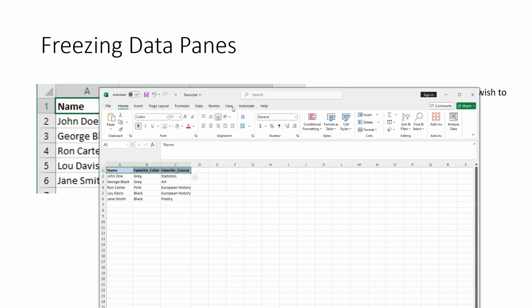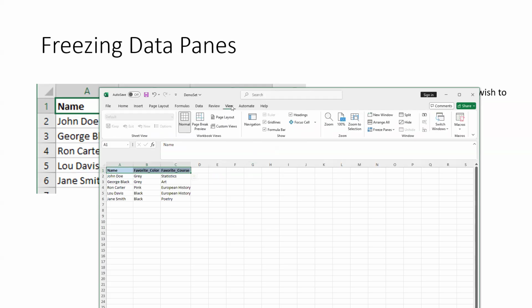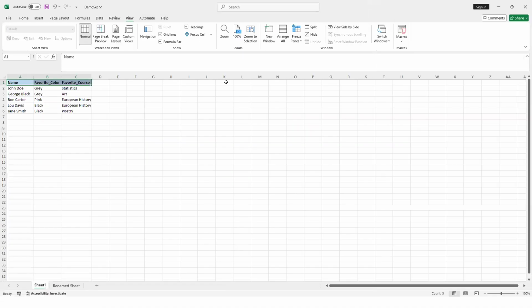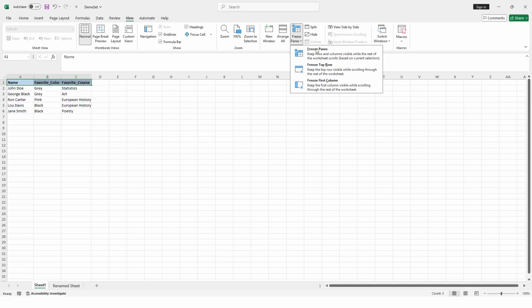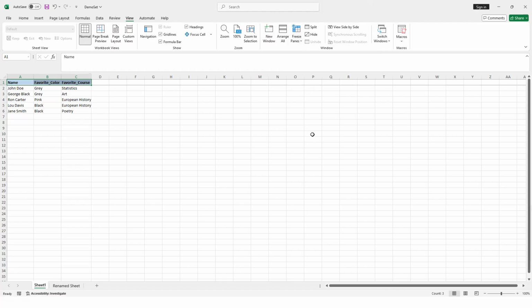All right, we're now going to select View, and we're going to select Freeze Panes. Now we can select either the panes that we have previously highlighted, or we could select the top row, or we could select the first column. So if we wanted to do the top row, we could just click this. And as you can see now, when we scroll, the top row, aka the variable names,